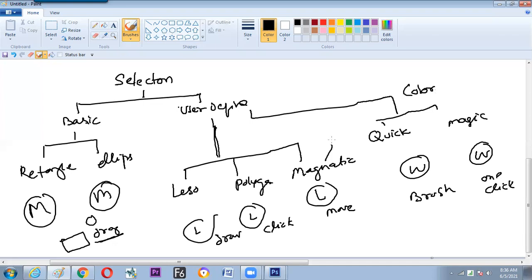Even magnetic is also color sensitive. So hope we have understood now what the different tools are that we have learned to make a photo selection. 1, 2, 3, 4, 5, 6, 7. Make a photo collage by using all these tools. And we have seen the method of working below. Is it done?